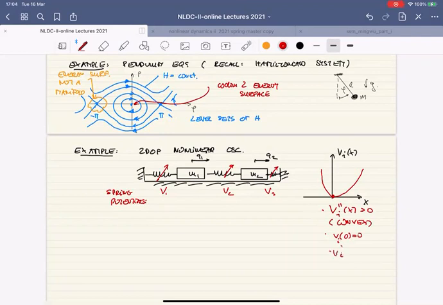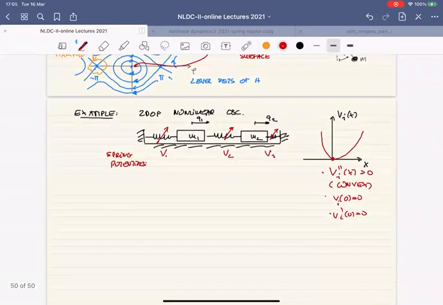And Vi prime at 0 equals 0. So this is the classic case when the springs are unstretched, that the potential reaches a minimum. But I'm not saying at all that this is a quadratic potential. It can be completely general. It doesn't even have to be polynomial, and it can be asymmetric, a complete nonlinear system. And I therefore have specified very little about this system. Okay, so I will just say these are general